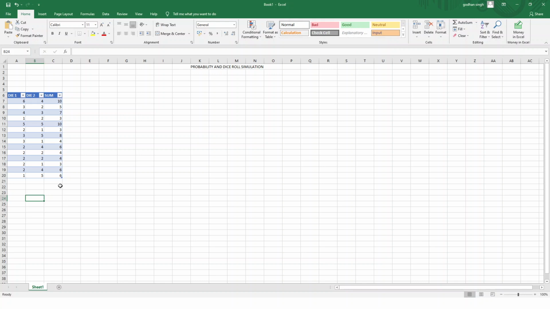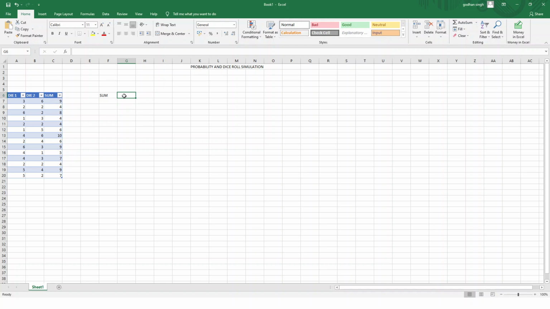So it will be beneficial for us, and also if we apply any formula, in that case also it will help us. Now next what we'll do here is we'll write the sum, and next one frequency, that is how many times these numbers are coming, because every time we click here the numbers are changing, and if we take more trials, say 1000 trials or 2000 trials or 3000 trials, then here we'll have to write the frequency, how many times the sum is coming.